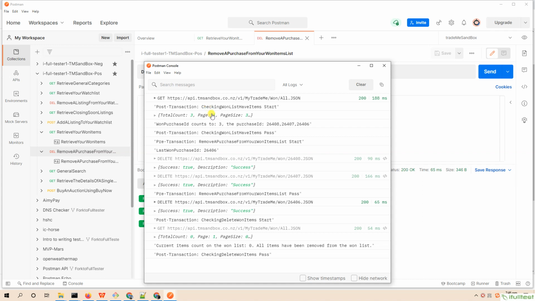First, we get the last purchase ID, and circulate to delete other items on the watch list. Second, send the main request to remove the last item on the one items list.